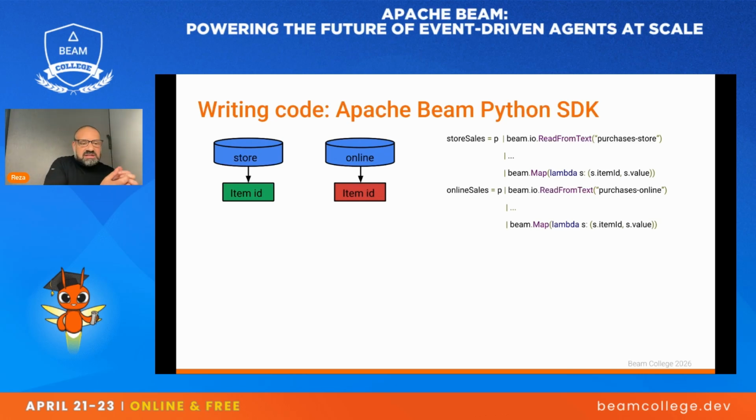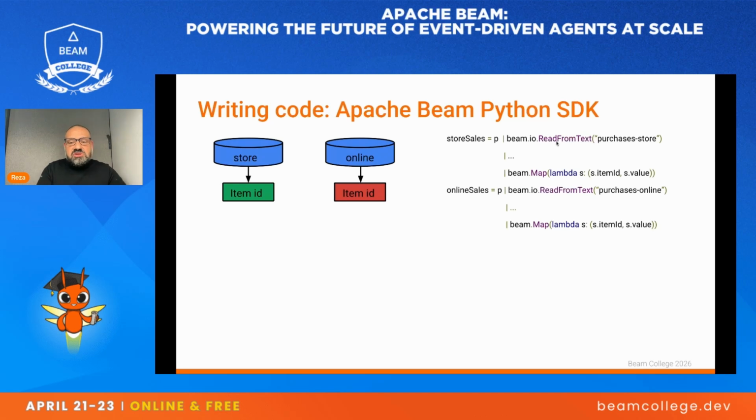There are files that are being generated from systems that deal with brick and mortar stores. And we want to read the information from these files as we're going to do some calculations on the data within them. So the first thing that we would do is, P here is the pipeline. And we are beginning to establish the shape of our pipeline by applying transformations to it. So PTransform is a parallel transform that you apply to PCollections, which a PCollection is a parallel collection.